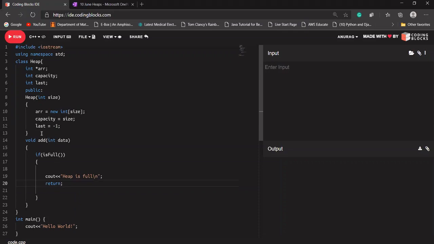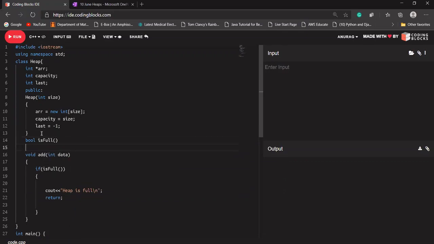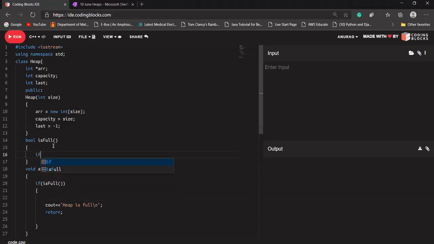Let's create our isFull function first. Bool isFull. What will this do? It is going to tell us whether our array is full. Because last is pointing to the last node, last will have the index of the last node. Let's say the size of the array is 5.